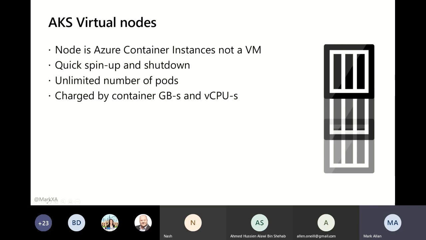I want it to be something else. There's no similar service in Google, as far as I know, but in Azure we can use virtual nodes and virtual kubelets to run up node containers in Azure Container Instances. And in AWS, you could do Fargate, and there's a number of other providers.